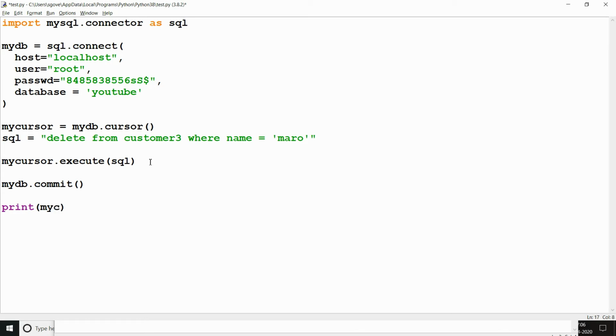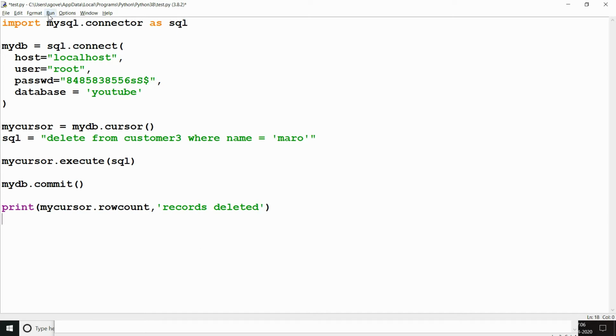So we will print mycursor.rowcount, so we are done with the code.